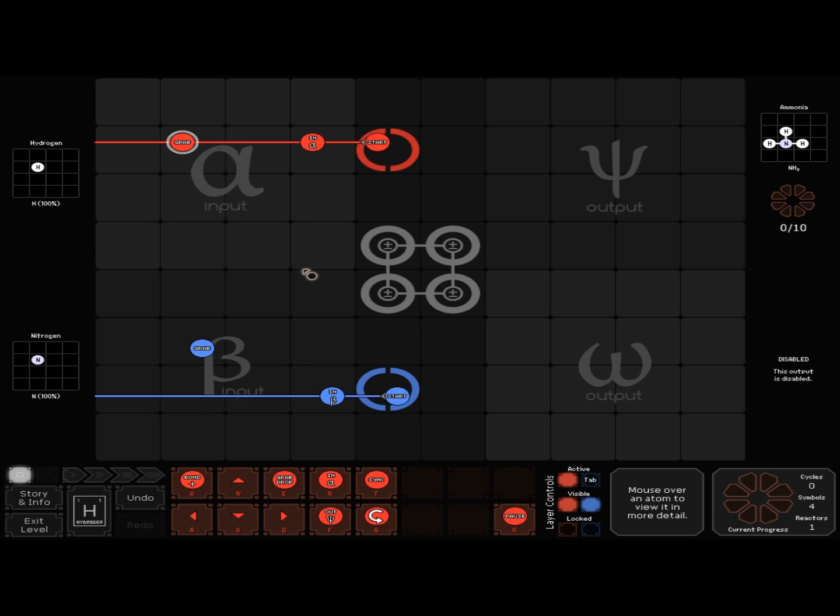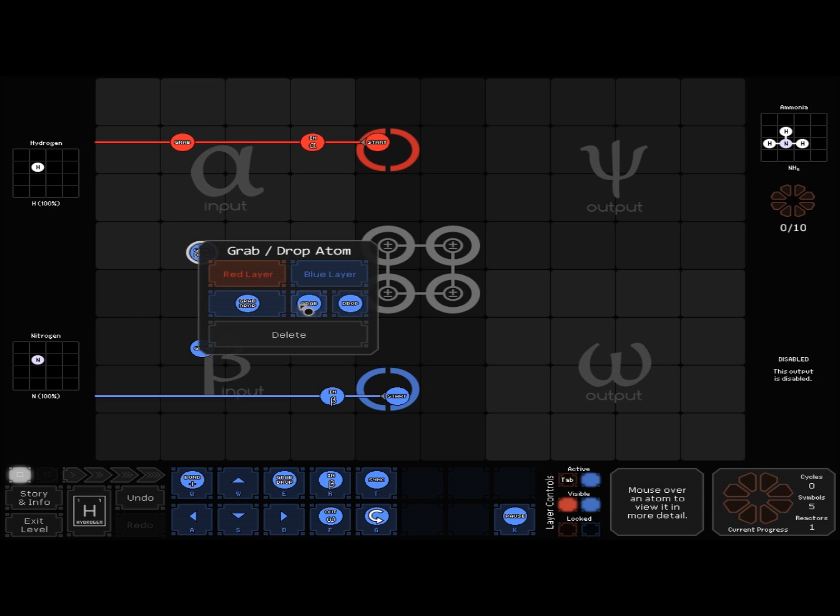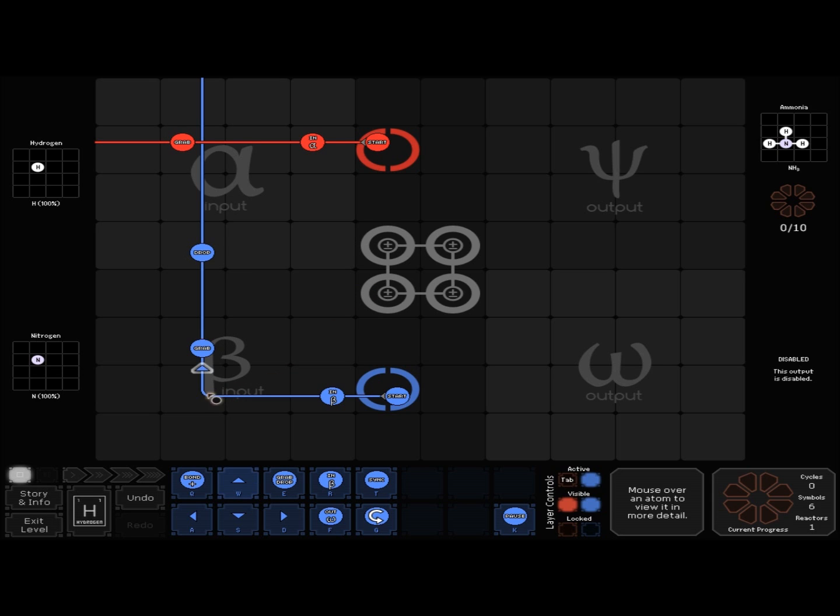So I think my main plan is to get a bond in one shot. So what I think I want to do is to drop the nitrogen here, and we'll put a sink there just to make sure that,